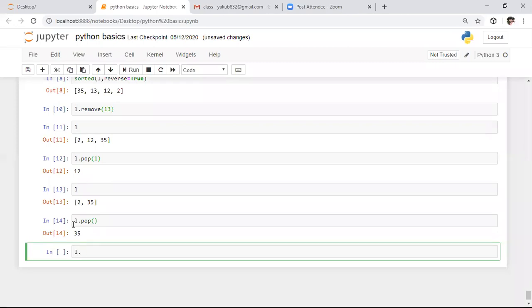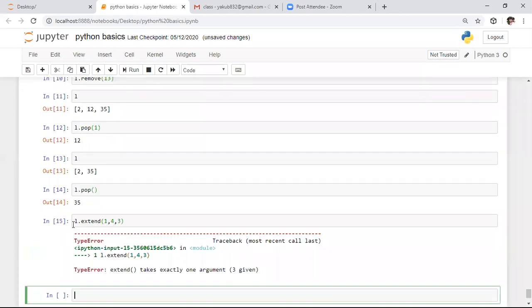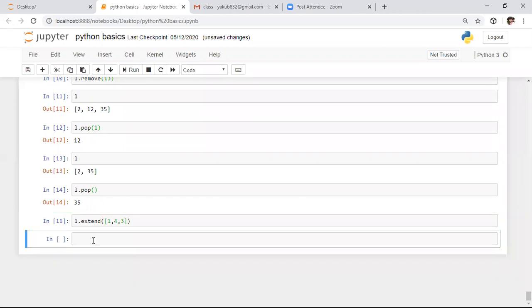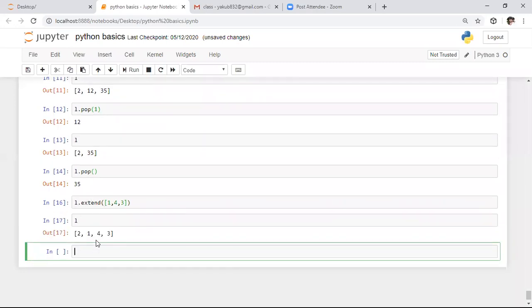And I want to add a few values in this list. Why? Because in this list we have only one value now. I want to add 1, 4, 3. I want to add these values in this list. Sorry, we need to specify this entire thing as a single data structure, right? I'm specifying this thing as a list, and I'm observing the content of L. So here, this is the content which is present in this list. Initially we have 2, and here we have 2, 1, 4, 3, which I added into this list.